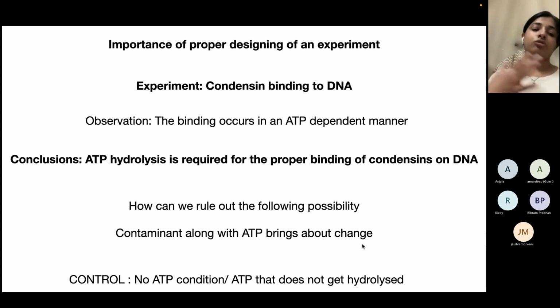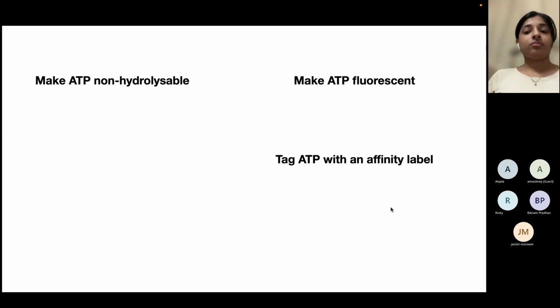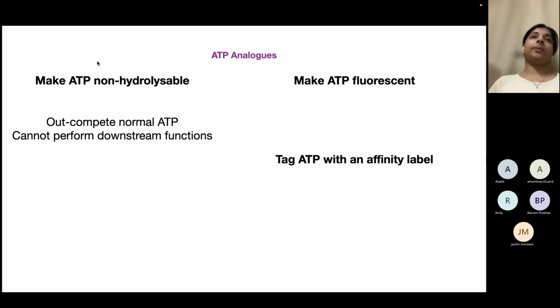Here in this case, we can use no ATP or an ATP analog, a special ATP that has a similar structure and binds, but does not get hydrolyzed. So these are the different types of ATP analogs that are available. You can either make ATP non-hydrolyzable, make it fluorescent, or you can even tag it with an affinity label. So these analogs are commercially available in the market. Say it is non-hydrolyzable, then what can you